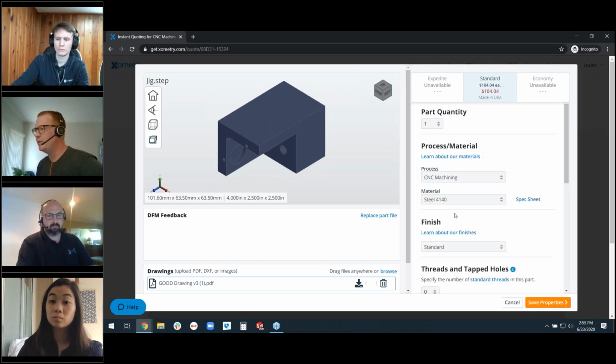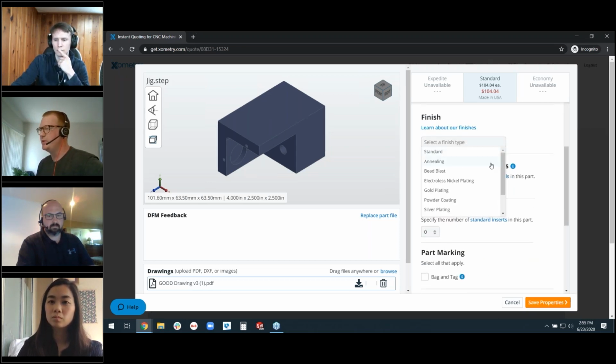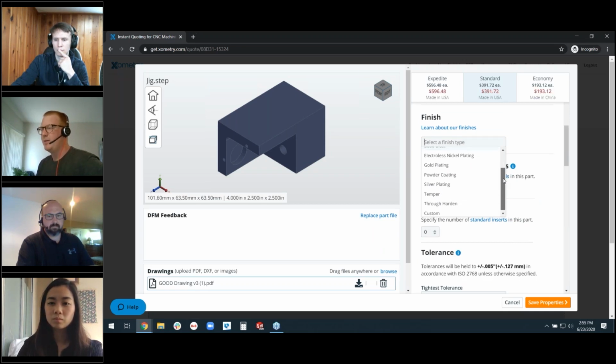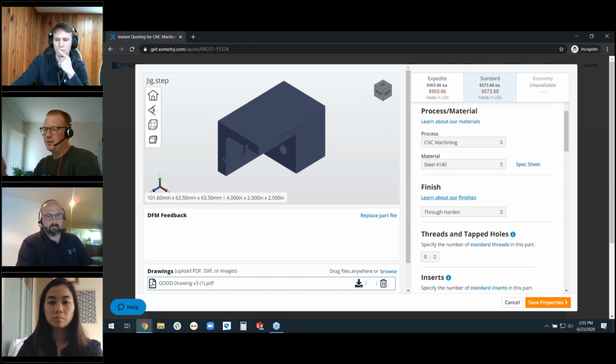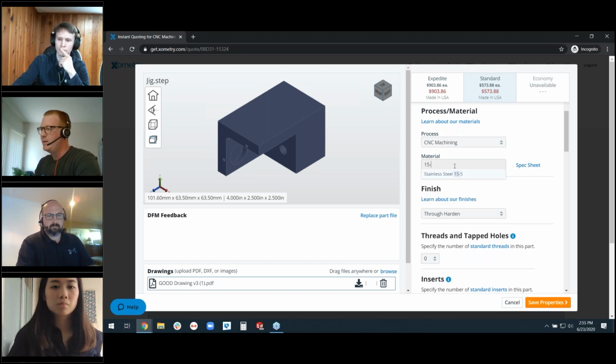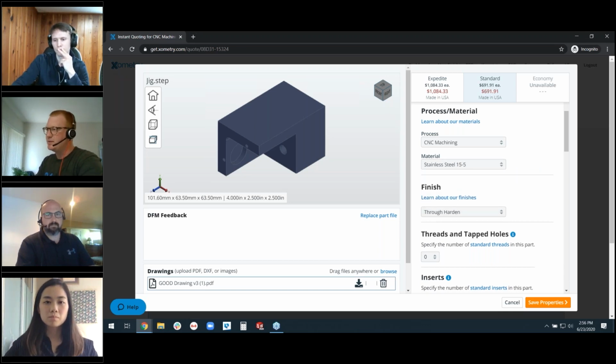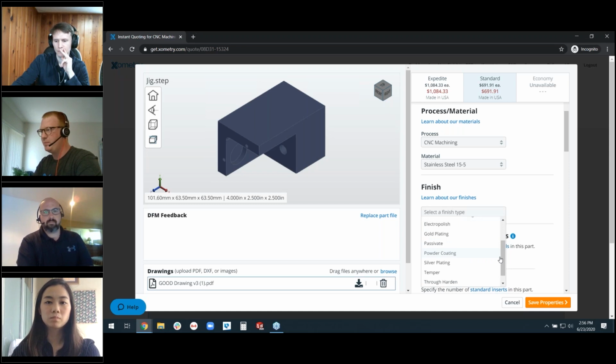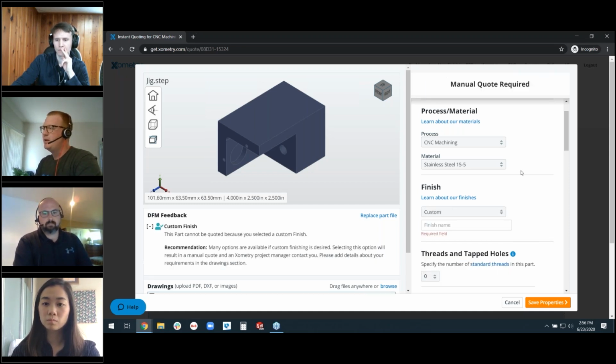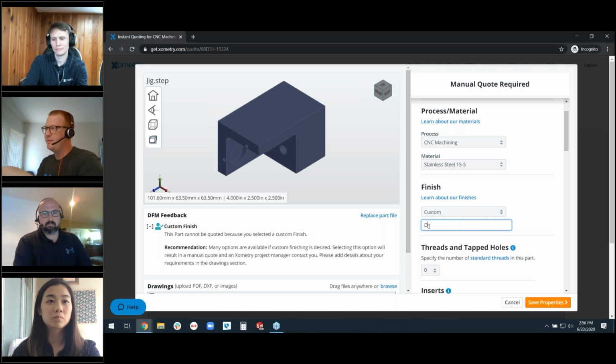That's perfectly fine to auto quote. If the heat treatment operations get more complicated, and I run into this a lot in our aerospace applications, let's say, for example, you're working with 15.5 stainless or 17.4 stainless or something like that, where there's a number of different grades of precipitation hardened material that parts can be manufactured from. I would generally, in those types of situations, opt for either a custom material or a custom finish